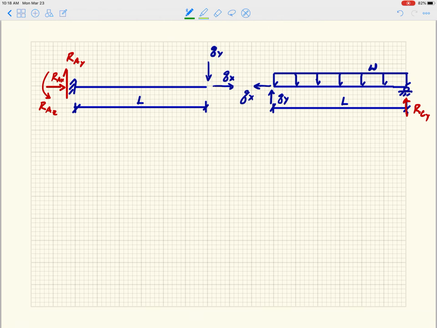Clean that up a little bit. So this is WL over 2 like that, and this is W like that, right? So you can make your cuts wherever you want, right? Because again, we have all of our forces. So here what I'm going to do is decide to make a cut